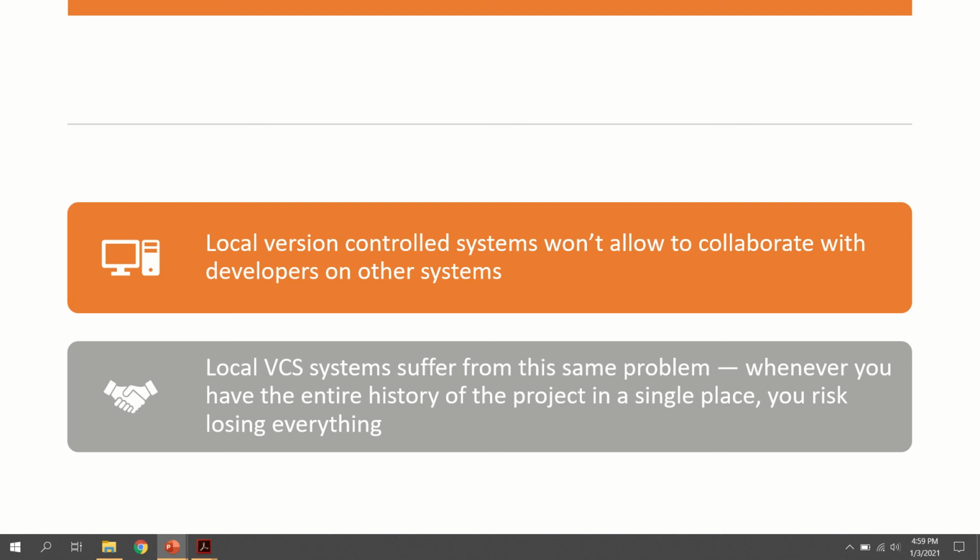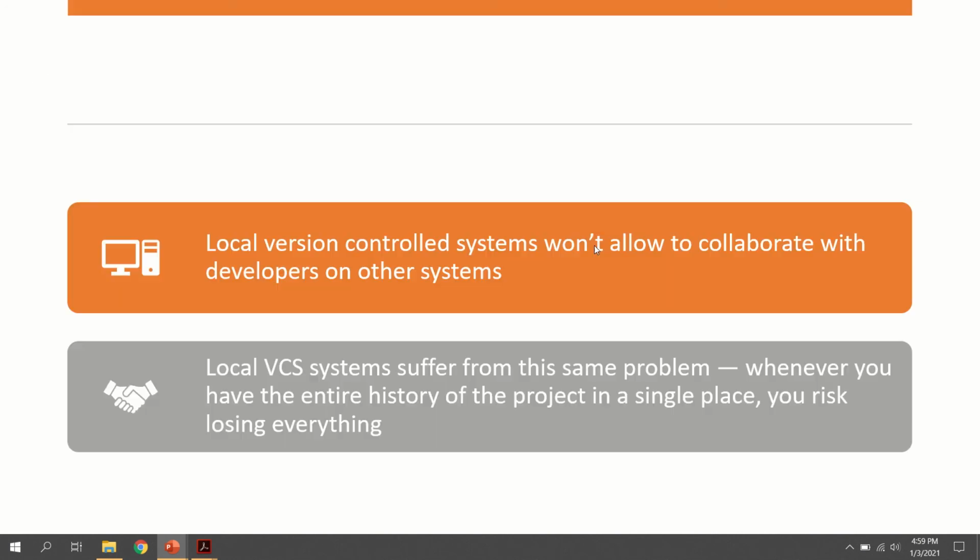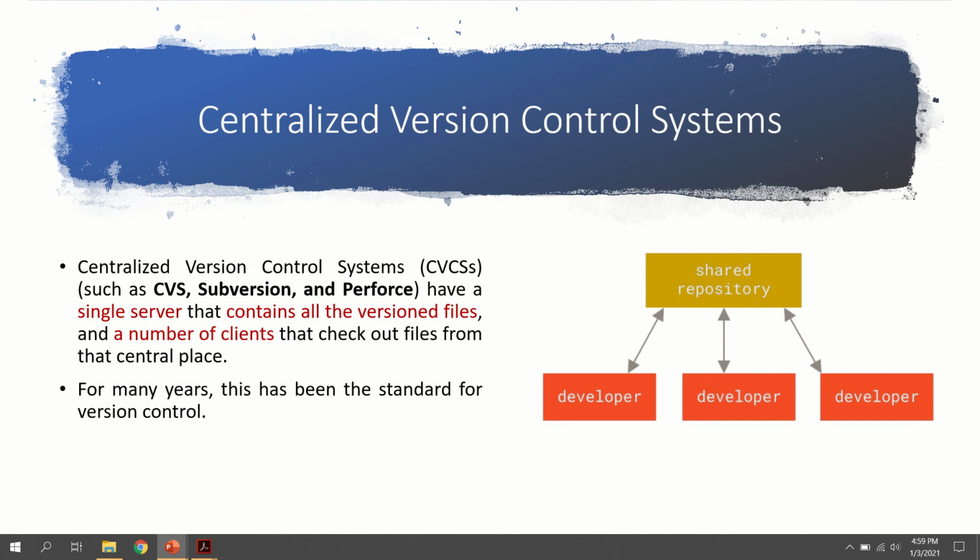So in such a system, local version control systems may not be useful. The second drawback is that since we are storing all the history about the different versions of your project or file in your own system, that is only in a single place. Suppose your system fails, if some problem happens to your system, you will lose everything. That is the drawback of the local version control system.